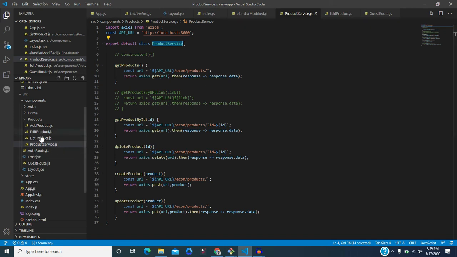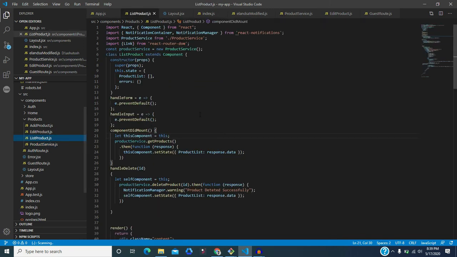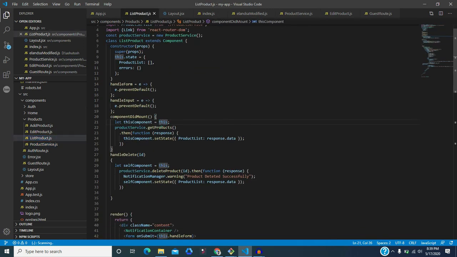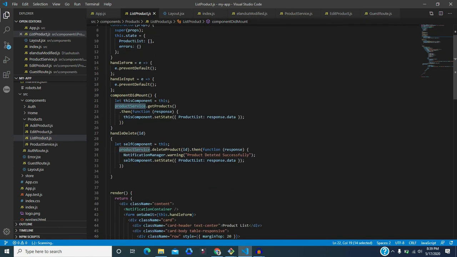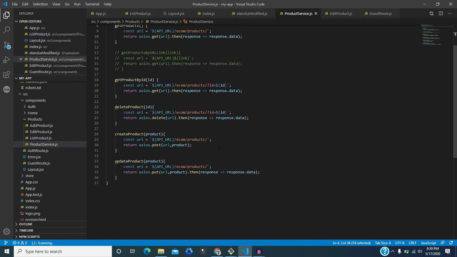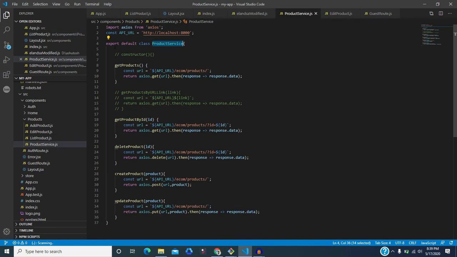Let's go to the list product, and here we are just calling the method. It means we are just importing it, and you also need to export it. You can see here that it is exported. So whenever you want to use something, you just export and then import.